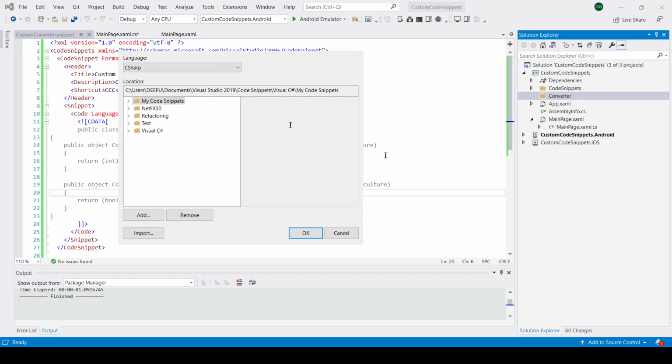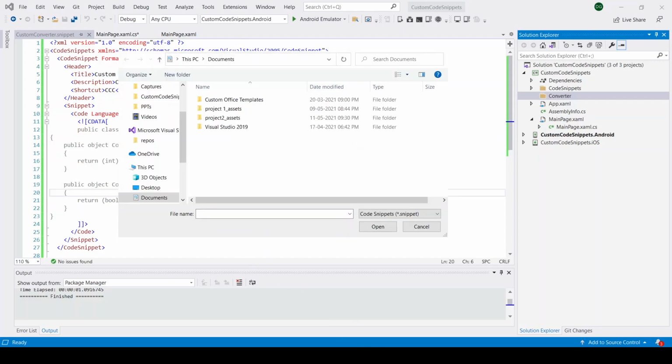Here we need to import our code snippets into Visual Studio. Once the import is done, we can use our code snippets in any other projects also. Here I am clicking the Import button.